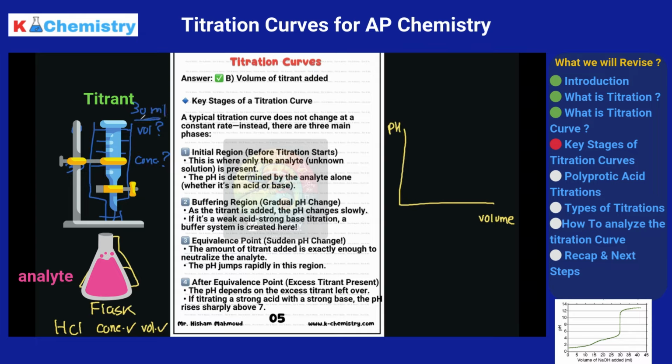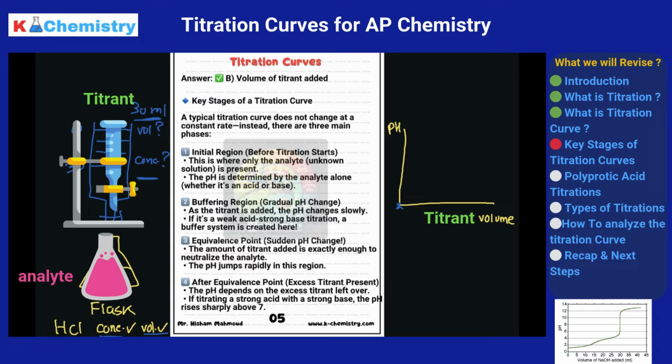So I'll be knowing the volume of this one, but I don't know the concentration of this one, and I already know the volume and concentration of these two. So the volume keeps increasing slowly. I am adding, so since zero, I did not put anything at the beginning, and then the volume starts to increase. The initial region before the titration starts, this is where only the analyte, the unknown solution, is present, and